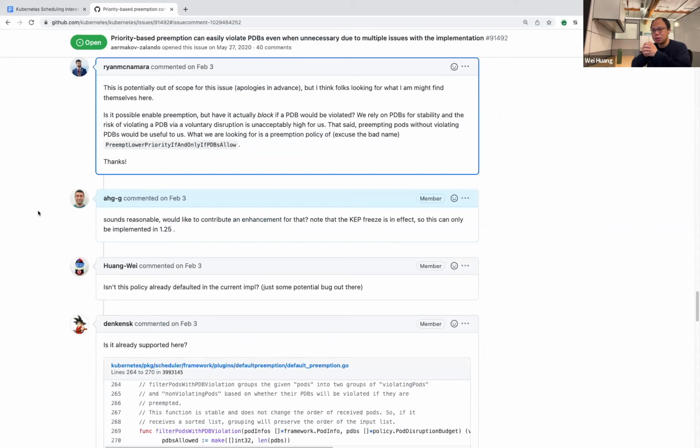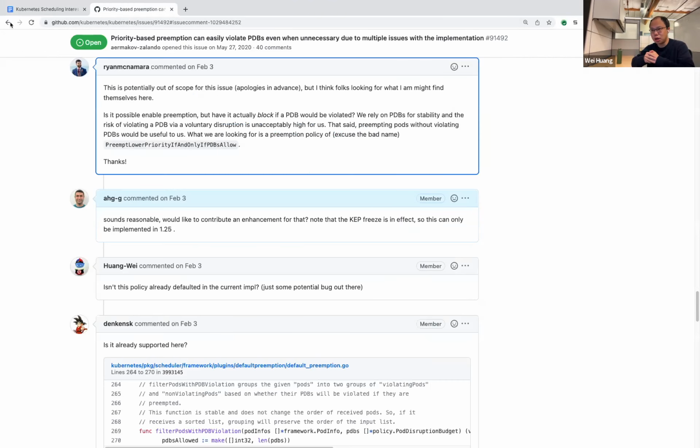But some users say PDB represents the disruption semantics in all dimensions, not only in preemption in the scheduler but also in the eviction API, etc. So it's reasonable for us to at least give users an option to say, PDB is PDB, don't preempt the path protected by PDB.